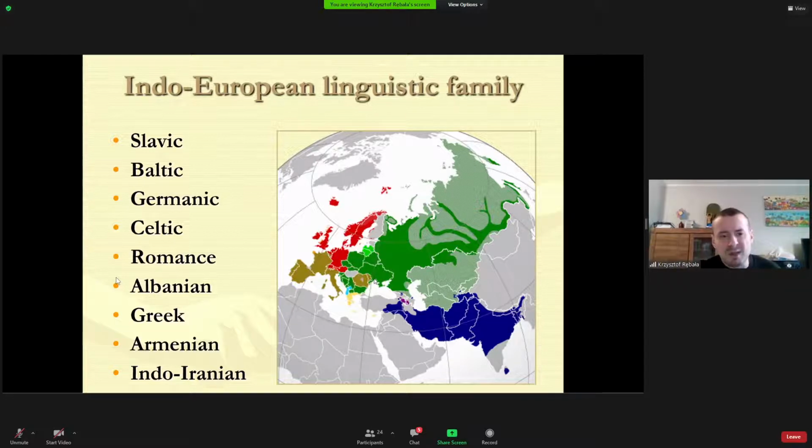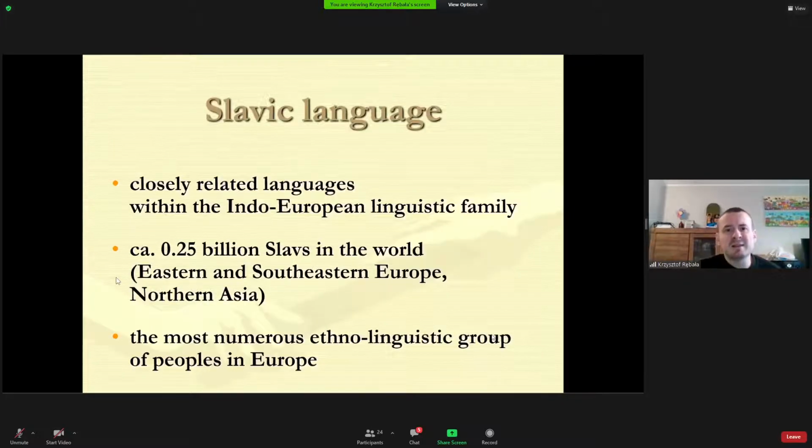And there are some single languages like Albanian, Greek, Armenian, and also another group is Indo-Iranian languages. Okay, so one of these branches, Slavic languages, is a group of closely related languages within the Indo-European linguistic family, and there are approximately 250 million Slavs in the world, which inhabit